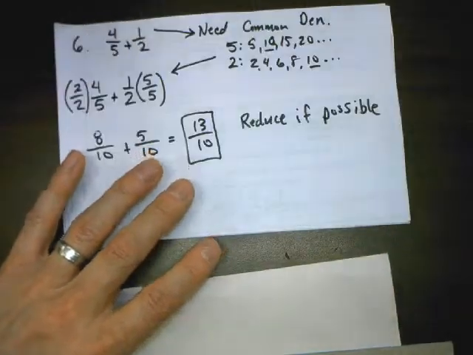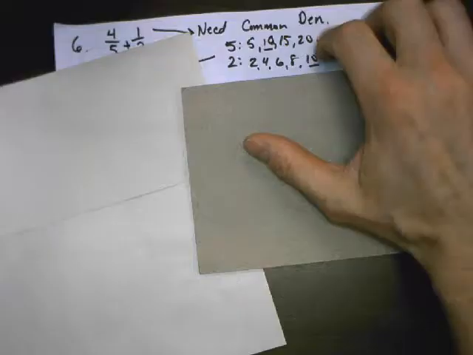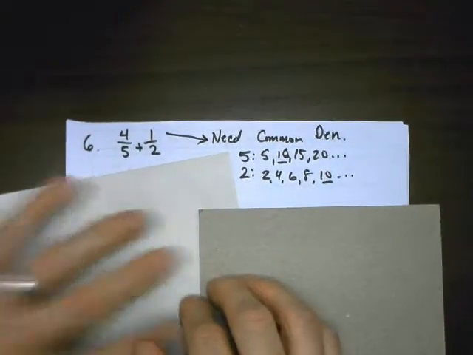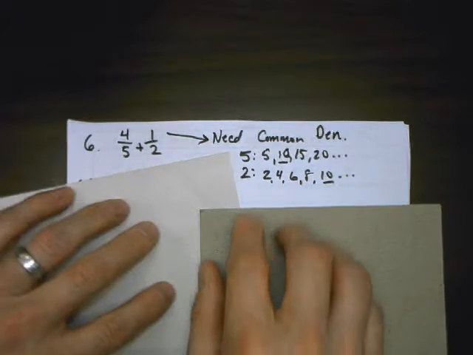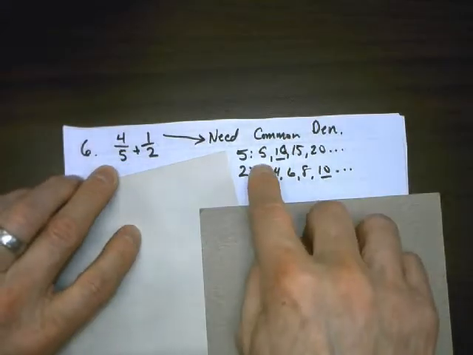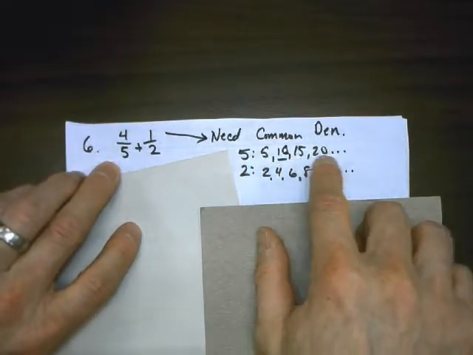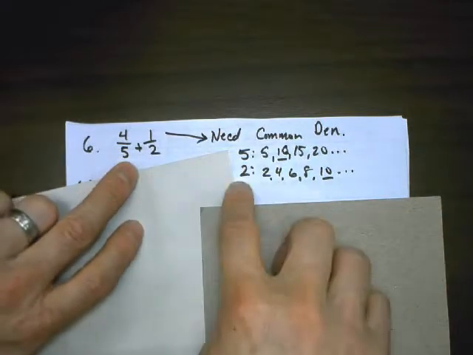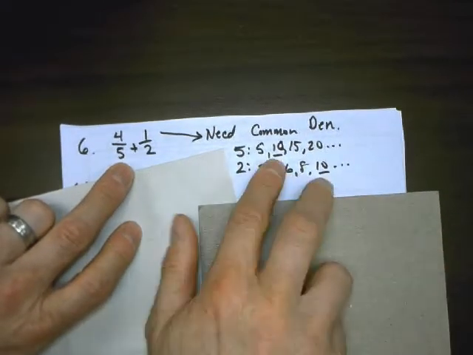When I'm adding fractions, I need a common denominator. I need the same bottom number. So if I look at my denominators over here, I see that 5. I look at the multiples of 5. 5, 10, 15, 20, etc. I keep going if I need to. And 2, multiples of 2. 2, 4, 6, 8, 10. I'm going to stop there